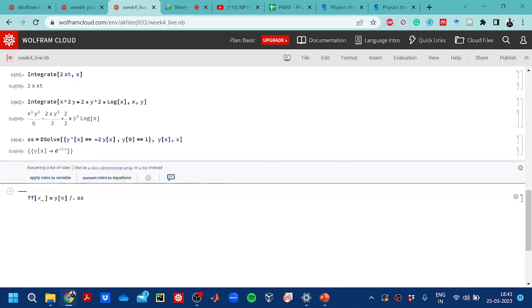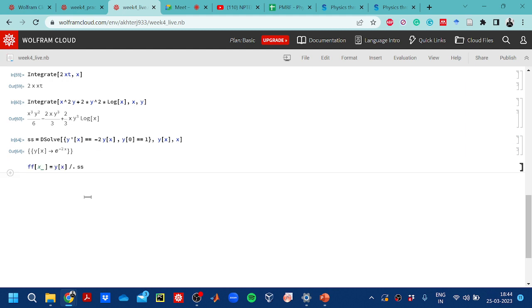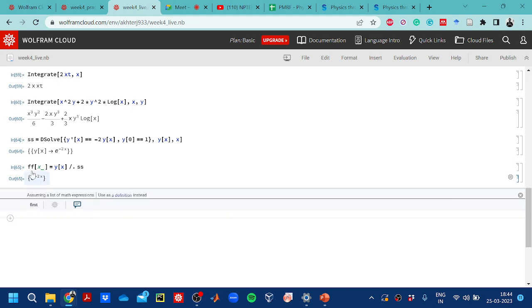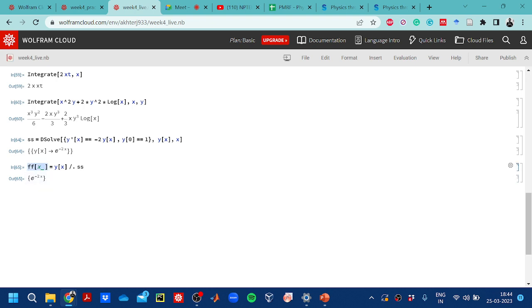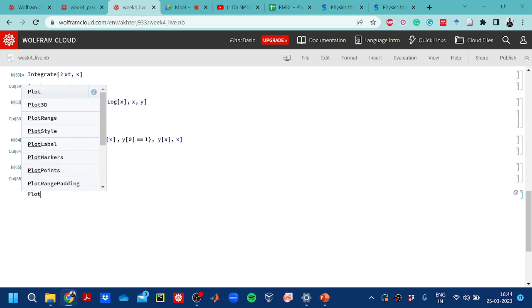Yeah. And so we have stored the value of this. And suppose if we execute this, then this function. So we are defining a custom function here, and for this function the independent variable is x. And if we want to plot this, what do we have to write down? We have to write down this command, plot